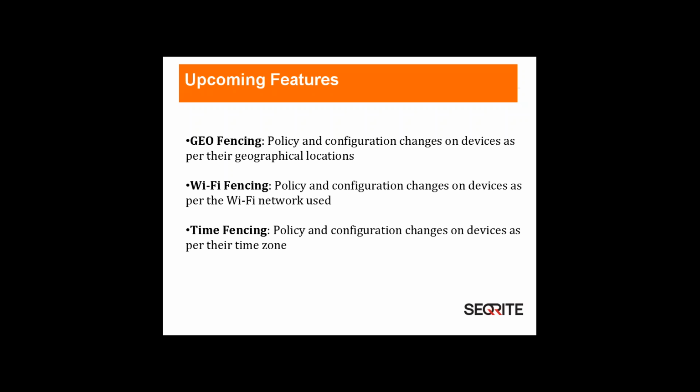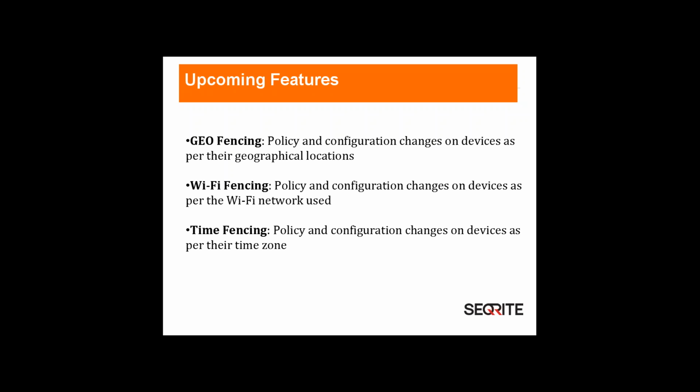We have a great feature coming henceforth, which is geofencing. Now, as the name suggests, geofencing means we can restrict any device by applying policies or configuration according to the geographical location of the device. Like if you have your office in a certain area, and you want policies or configuration applied in that region only, you can just map a geofencing configuration to that device, and the policies and configuration will get triggered as soon as the device comes into that fencing zone.